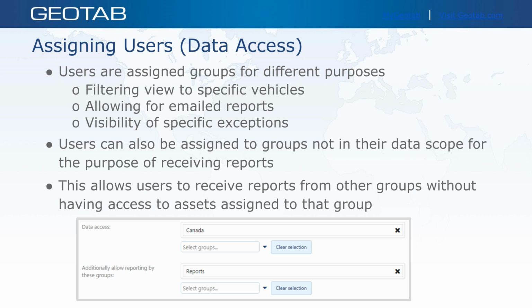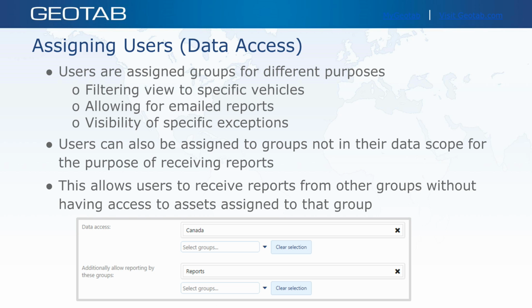They can actually also be assigned to groups that aren't in their data scope, and that's for the purpose of receiving reports and for filtering as well. This allows the user to receive reports from other groups without actually having access to the assets assigned to that group. So when we go into any user in a database, they'll see that we've got their username, password,